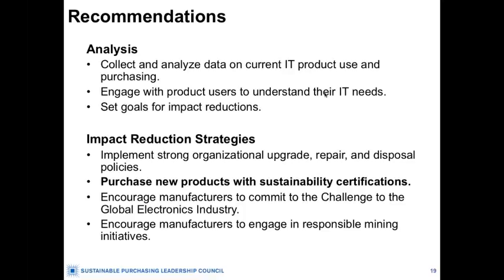and purchasing. So as a first step, with a team internal to the organization, gathering data on what IT products and equipment are purchased, what's the brand, the model, what sustainability attributes or labels are associated with them, what are the criteria, for example, for a mobile phone to be issued to an employee, what are the policies that exist around sustainable print management, or the policies that exist around power reduction in the organization,